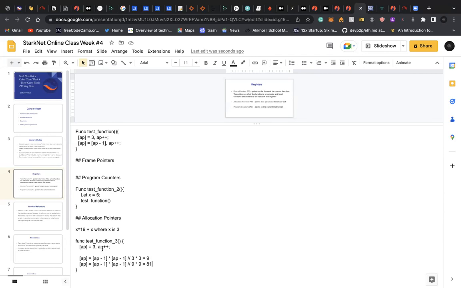So what we are saying is, give me the value at this particular address. Because in as much as this is a register, allocation pointers hold values. Even frame pointers hold values. The same thing for program counters. So we want to get the value in this particular location. If we just put this aside, it won't work, it's just a value on its own. But once you put these brackets,